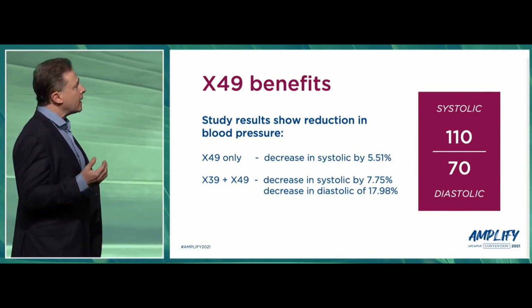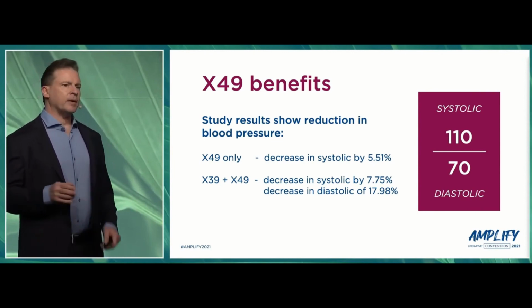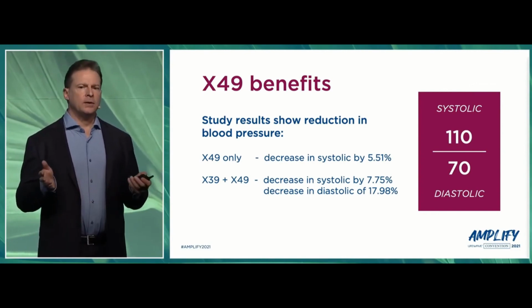By the way, if someone had high blood pressure, I would not be using only this product for reduction in blood pressure. I would be combining it, again, with a healthy diet and a number of nutritional supplements like pomegranate extract, vitamin K2, that we know